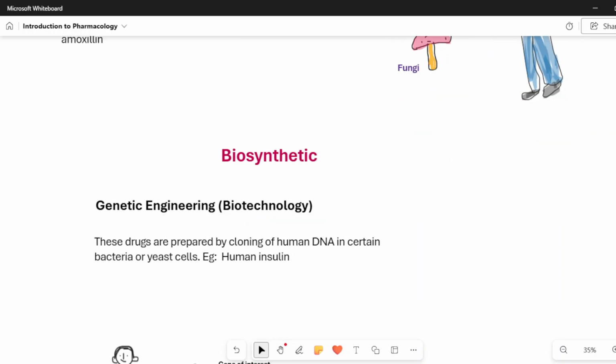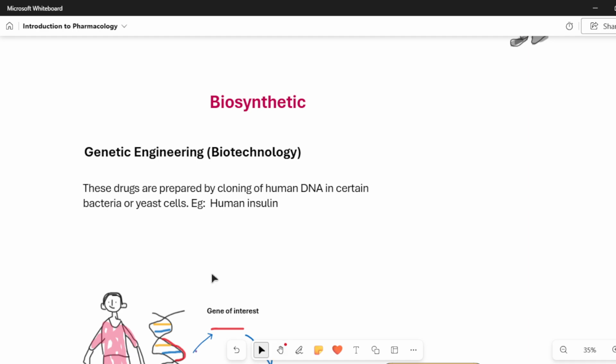Next we have biosynthetic. Biosynthetic is where we are doing genetic engineering, that is biotechnology. What we do here, the drugs are prepared by cloning of human DNA in certain bacteria or yeast cells.